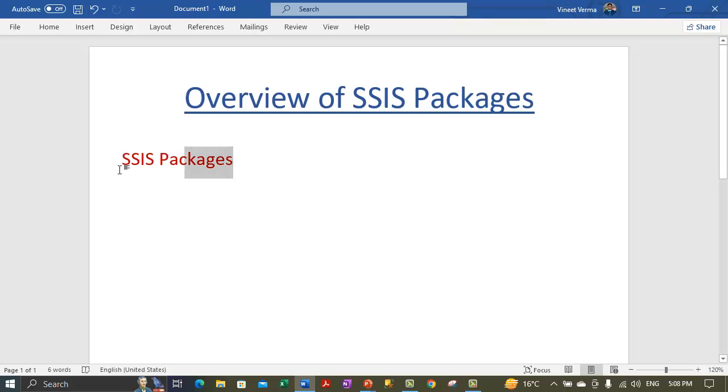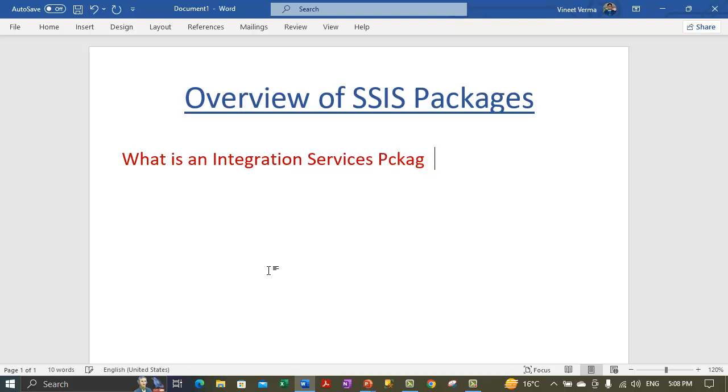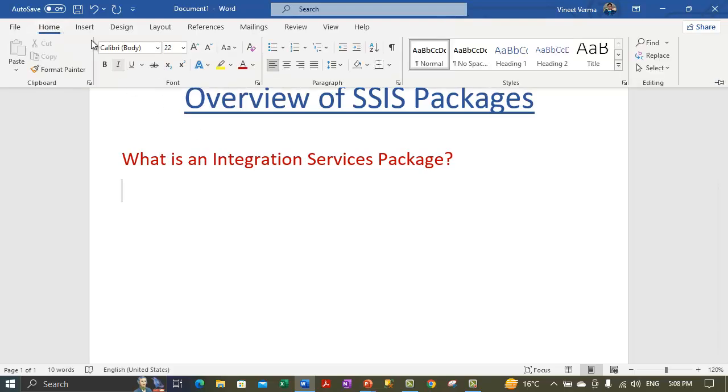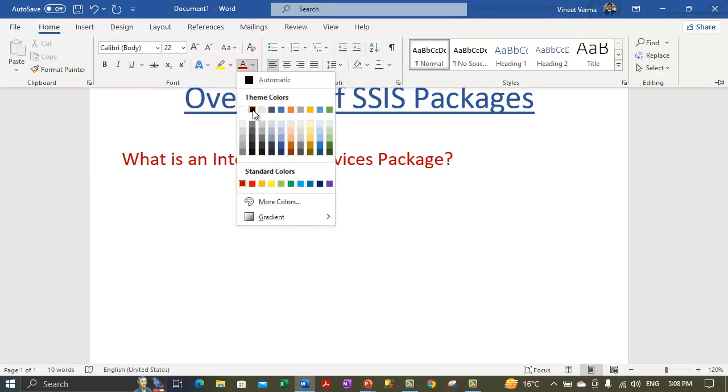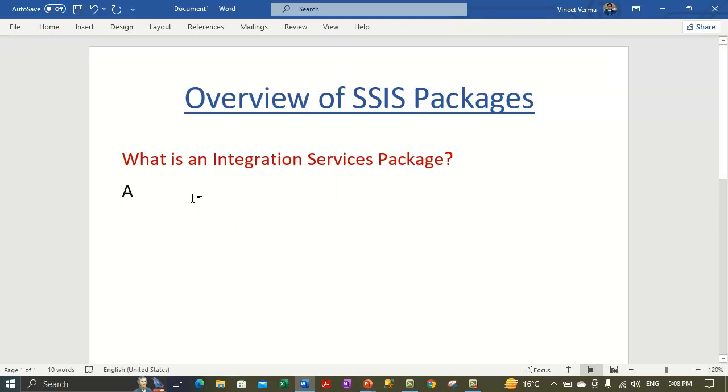So the first question that arises in our mind is, what is an Integration Services package? So this is the first question that may arise in our mind. So what is the answer to that question? Let me change the color quickly. An Integration Services package